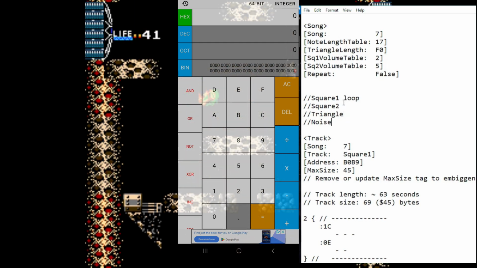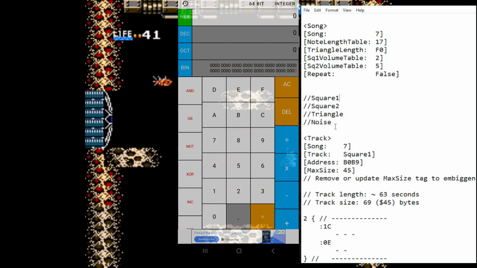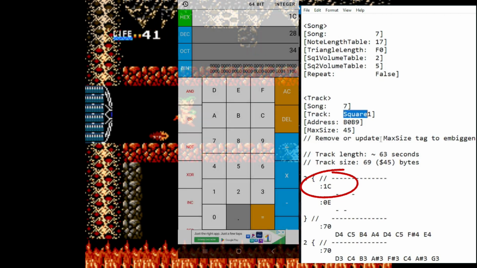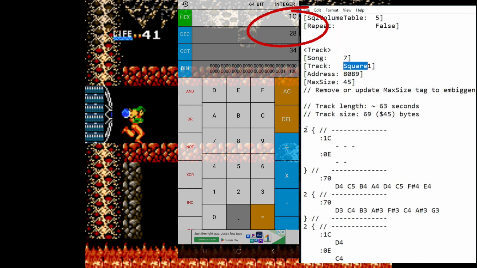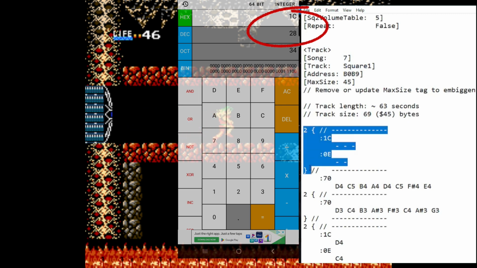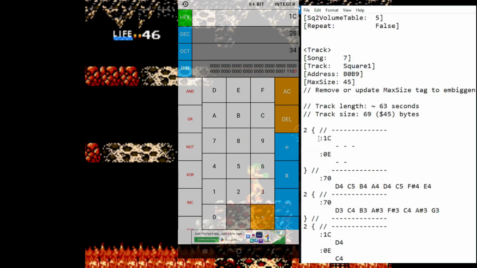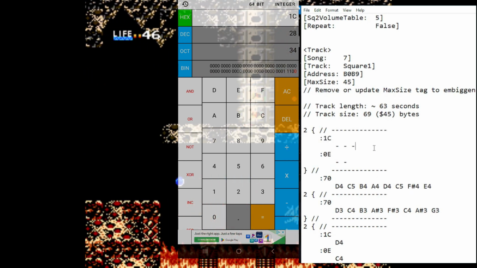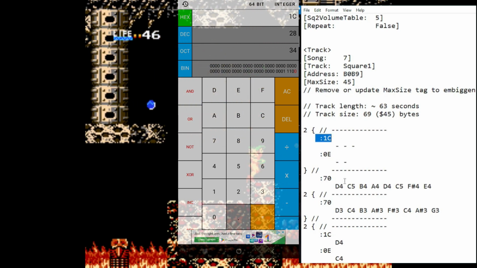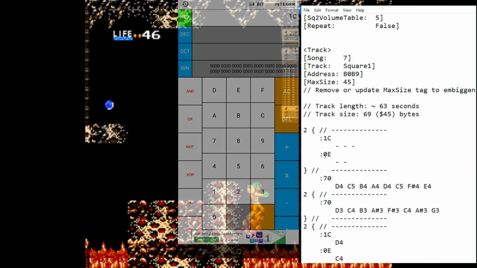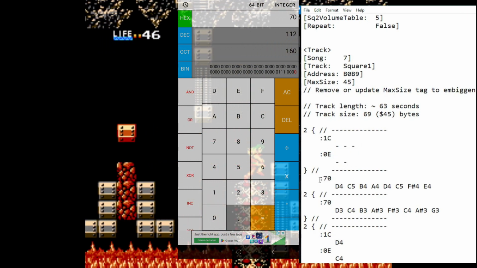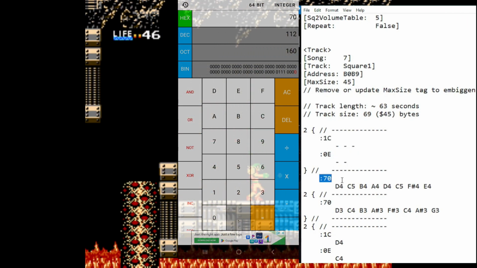So what I had to do here is, this is the code. 1C is the code for the note length. When converted from hexadecimal, because we're dealing with hex code here, it turns out to be 28. So hex code 1C means 28 frames in length. And the little lines below it denote what note would be playing for that duration of time. I have dashes here, so there's no actual note data. So we're going to skip down to 70. 70 in hex code is